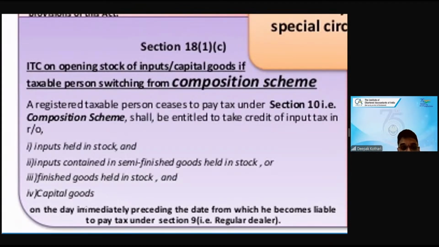Okay, when can you take the credit? On the day immediately preceding the day from which he became liable to pay tax under section 9. Okay? Again, here you need to note the dates. Is that clear? So once he moves from composition scheme to regular scheme, that is, when he became liable to pay tax under section 9, that is from the day when he moves